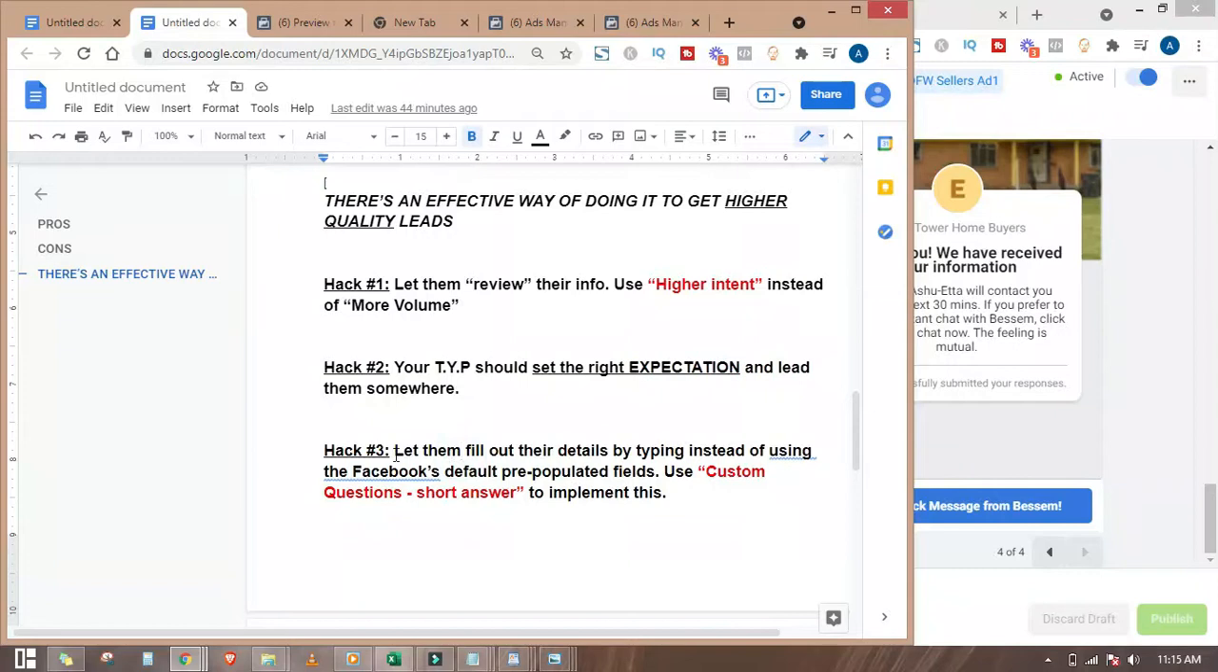Hack number 3: let them fill out their details by typing instead of using Facebook's default pre-populated fields. What Facebook does is pre-populate the fields for your prospects. They're going to see their name, their email, and their phone number pre-populated by default. What you want to do is not use that, because most of the time